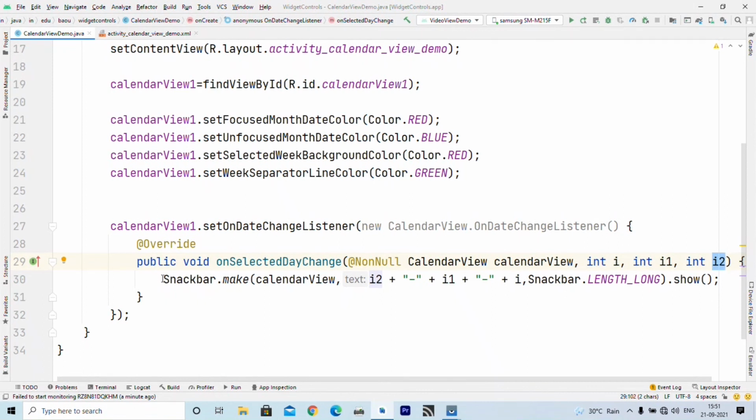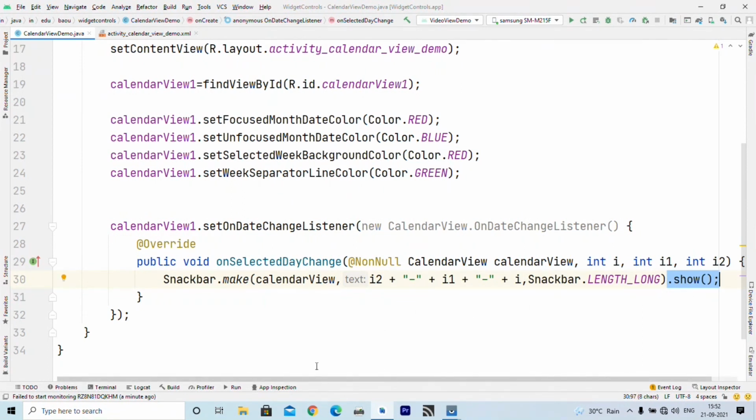So inside snack bar, the first argument is calendar view, and the second argument is the message that we want to display. Here I write i2, which means date, then dash, then month, then dash, and then year. So I want to display my date in DD, MM, YY format separated by dash, and I want to display it for a long time, and then I call the show method.